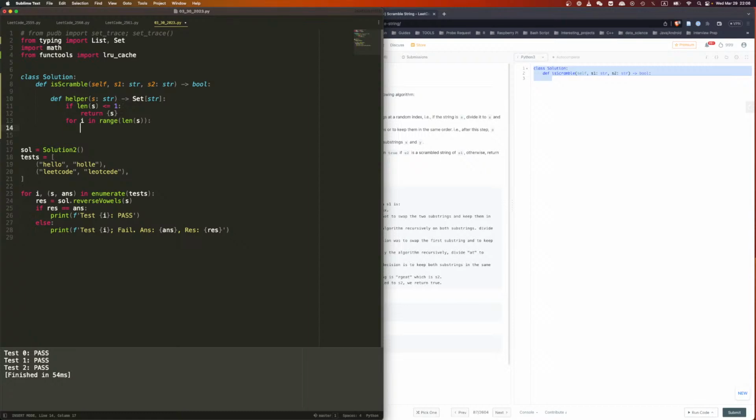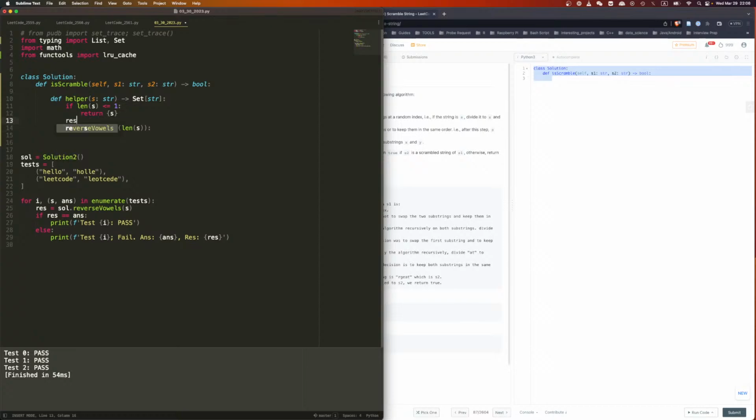Right? Then we can say s up to i, and from i plus 1 to the end. So we will call helper on s up to i, and helper on s from i plus 1 to the end. Right? And then we say for each pair of results,